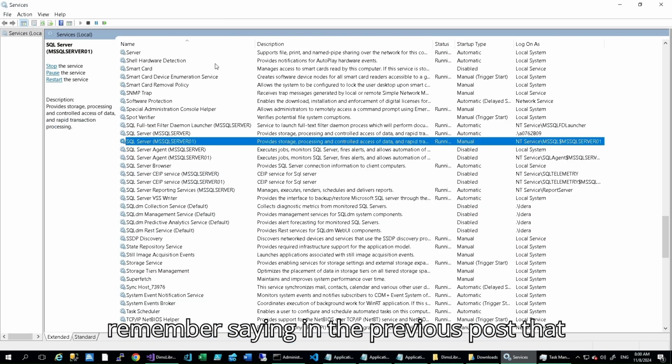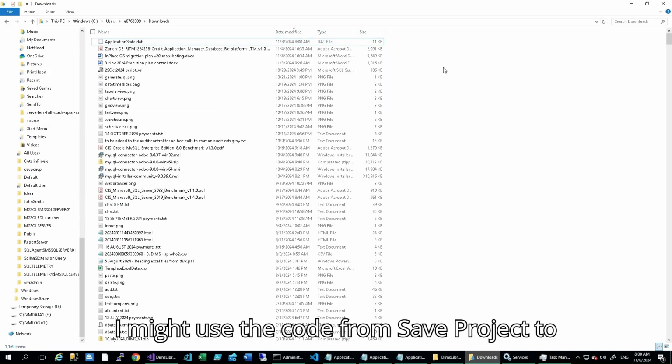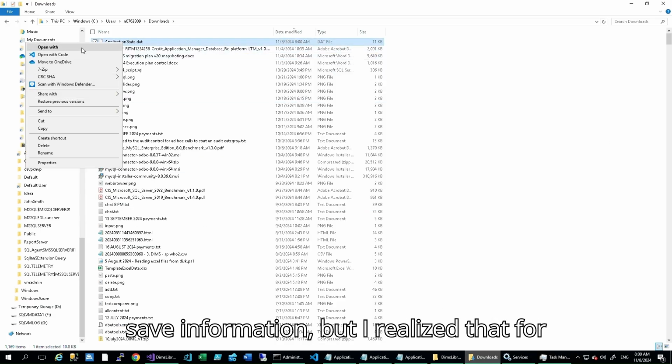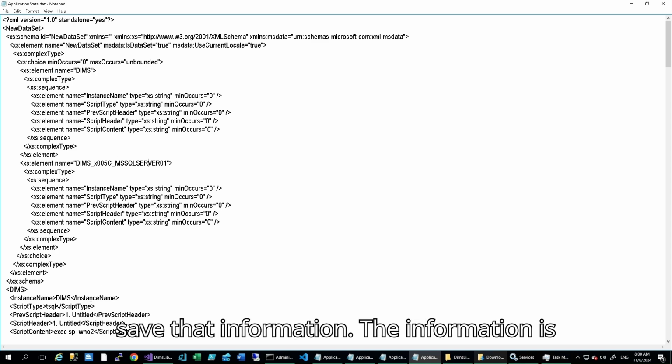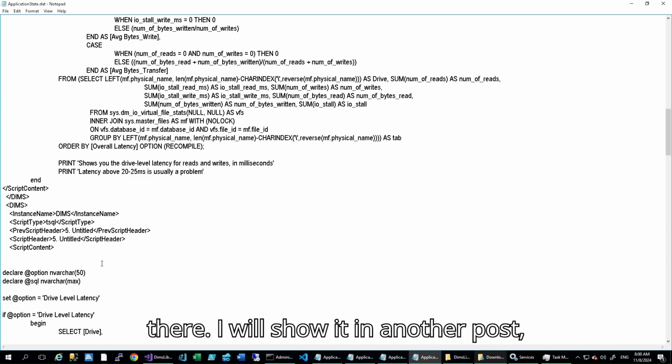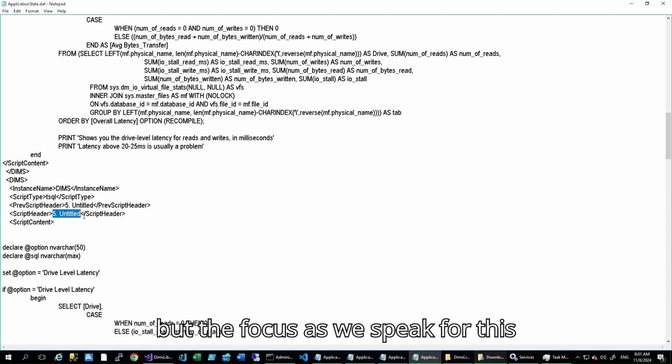I remember saying in the previous post that I might use the code from Save Project to save information, but I realized that for the time being it doesn't make sense to save that information. The information is there. I will show it in another post, but the focus as we speak for this control